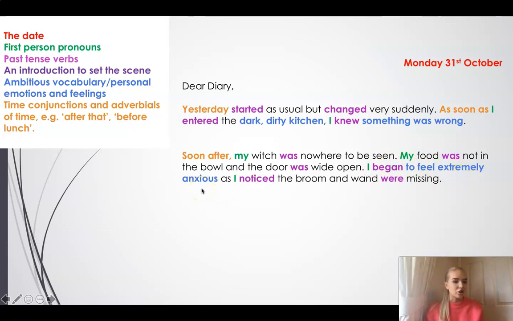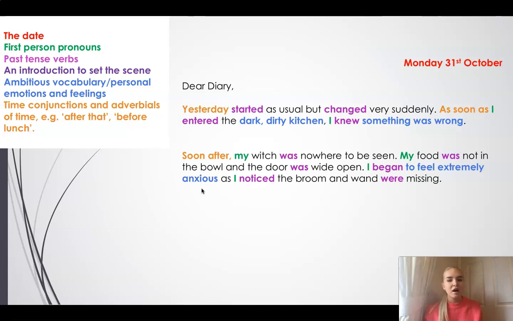Not just anxious, extremely anxious, using that adverb to modify that verb there. Not just anxious, extremely, not just really anxious, extremely anxious. That ambitious adverb there to really explain how I was feeling, as well as my personal emotions. And when I'm happy that I've got most of my ambitious vocabulary and personal emotions and feelings covered, I can